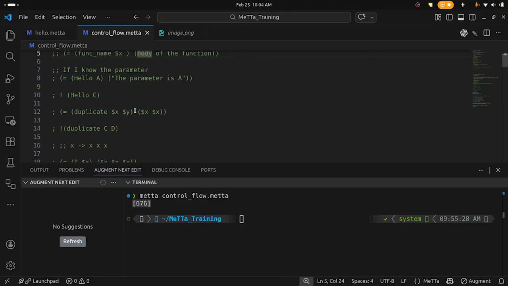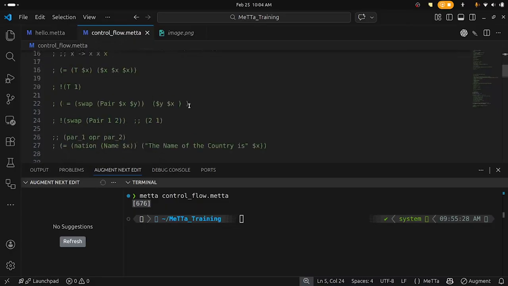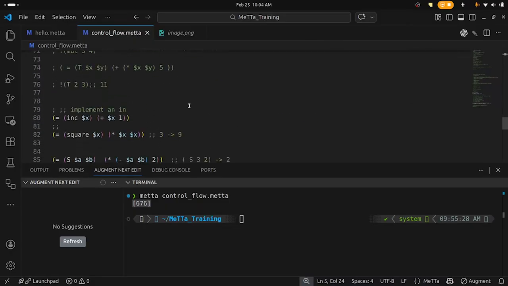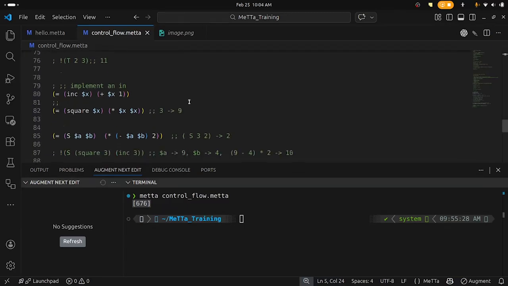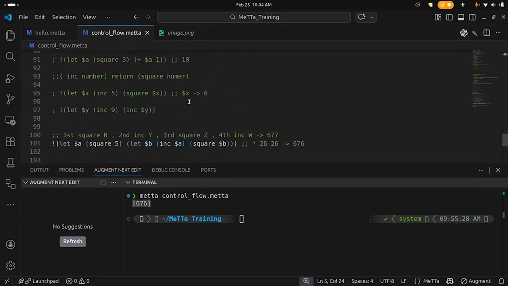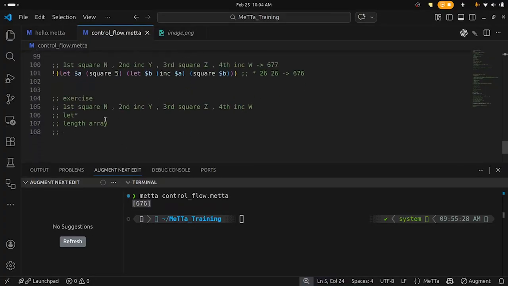We have seen how to define simple functions like duplicate, square, and increment. Then we also saw how we can pass another function as a parameter to a function, which we call higher order functions. Then we also saw how we can do simple operations as well. So you should try to represent such an operation using let star, and you can also do some research, or we can also see how we can define